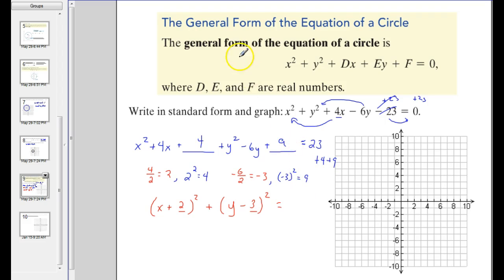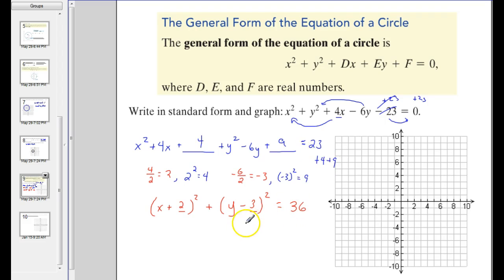Okay, now, the only thing left to do here is add these three numbers together. 23 plus 4 is 27, plus 9 is 36. Okay, so there is this equation in the standard form. Okay, so you complete the square to get these two things in parentheses, and then you add whatever you need to add to complete the square to the right side as well, and that'll give you